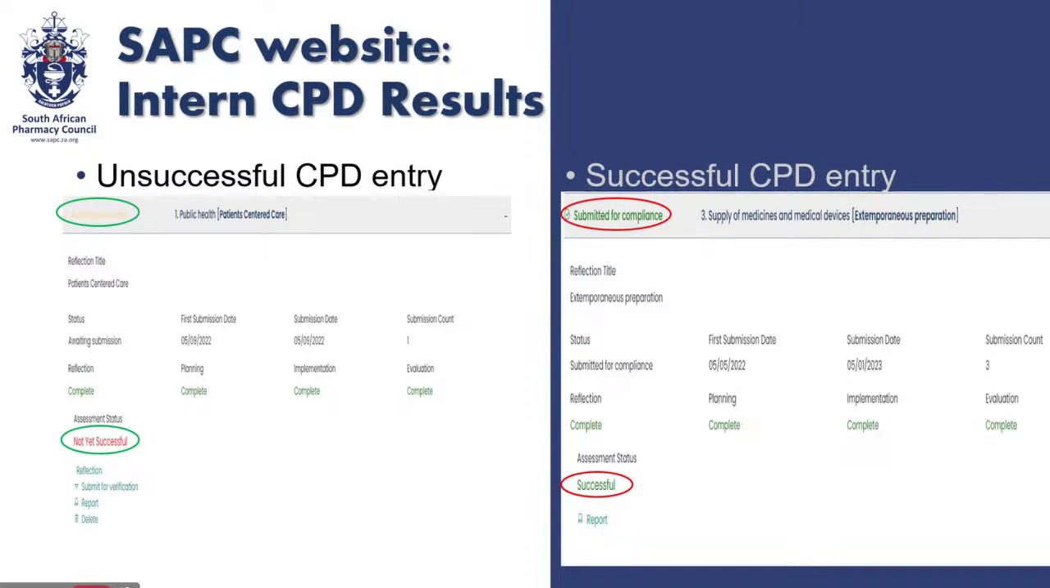And then when the results are released, please make sure that the first thing you do is to view your report, because this is where you will get information on why you didn't make it, why you are not successful, and what the things are that you need to do in order for your entry to be successful. So please make sure that you go through those comments from the assessor, and please make sure that you download that report,